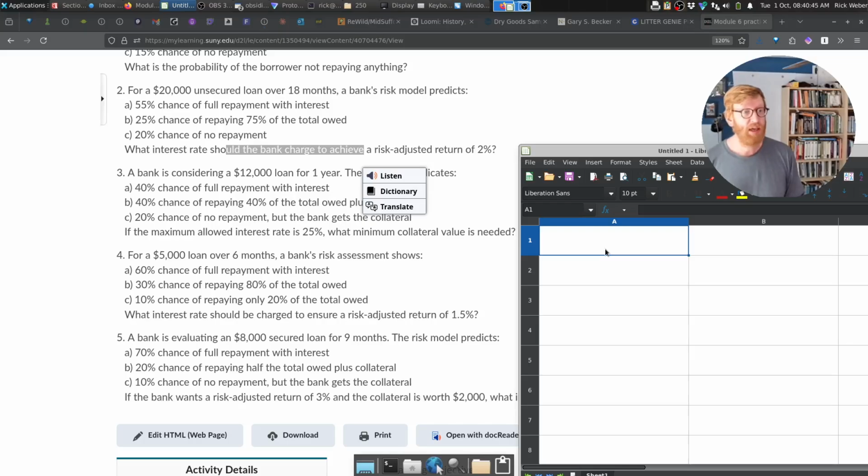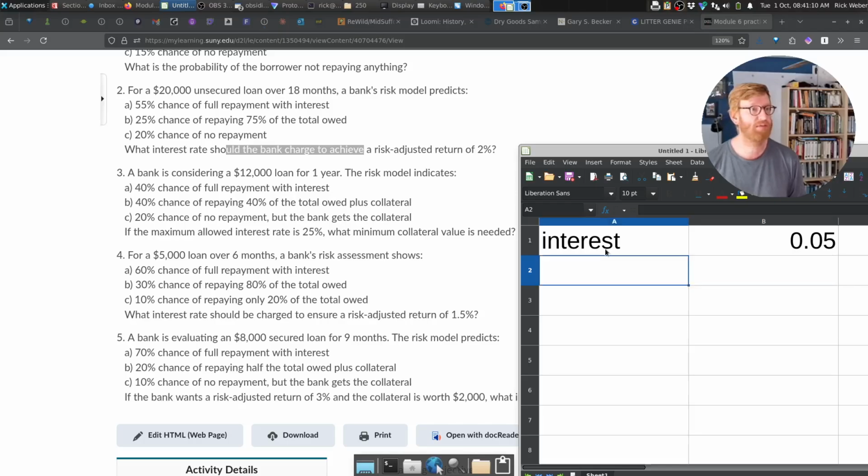All right. So we have to think about, in this case, it's a little more complicated than what's in the quiz. In the quiz, I just ask about a 1-year loan. But we'll take the 18-month loan, and let's go ahead and assume we've got monthly compounding. So our interest rate is going to be something. Let's just put in 5% to start. And then our principal or basic loan was for $20,000. And then our time period